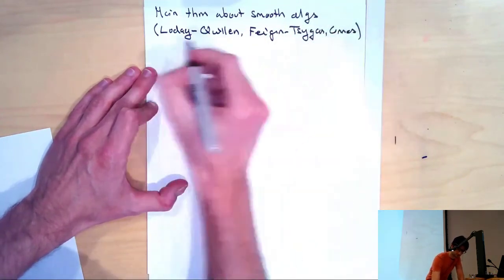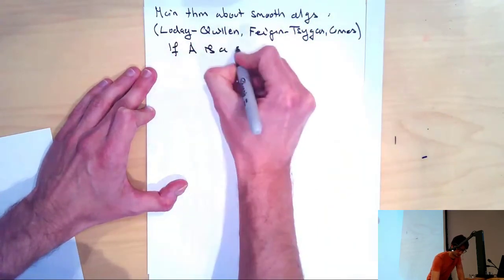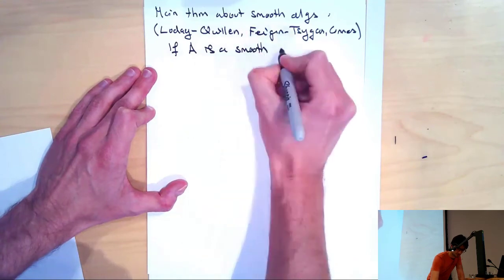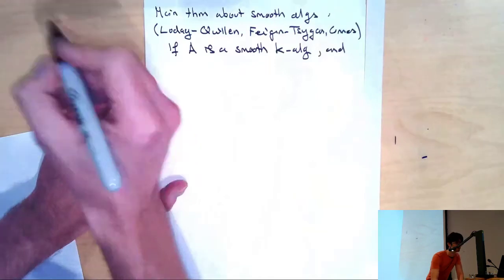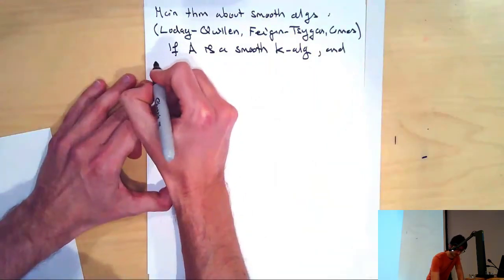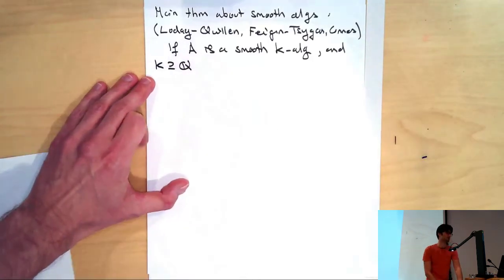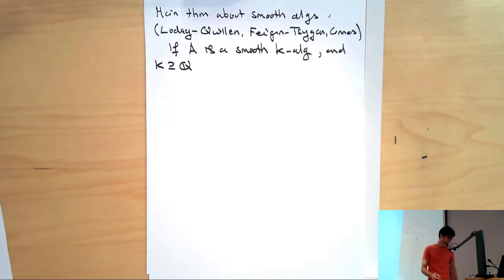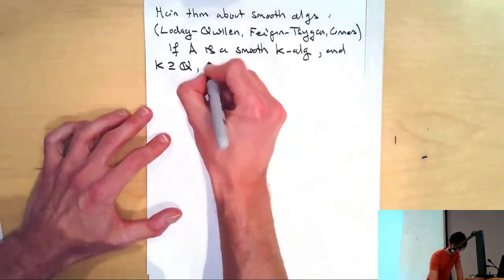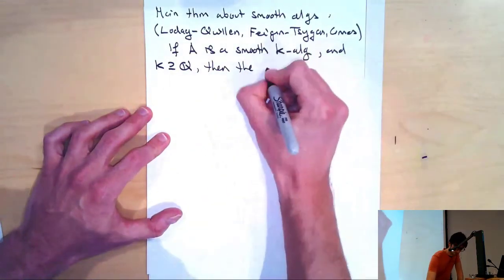So it says the following: if A is a smooth K-algebra, and we're going to need an extra hypothesis. We'll get rid of this in a second, but for the proof I'm going to give right now, I do need it. I'm going to assume that our base ring contains the rational numbers. You could take it to be a field of characteristic 0. This is generally what happens when you look at the classical papers. Then this so-called norm sequence,